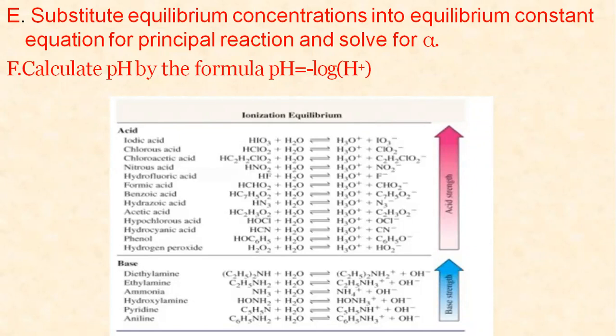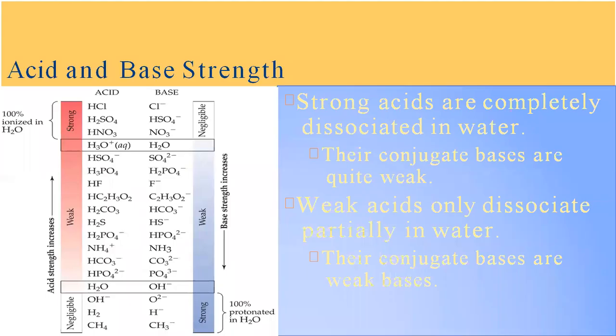So how can you find it out? If you know the pH, then you will be able to find out the strength of the weak acid or base. Right. Now, if we talk about the strength of acids and bases, how can you find it out? Strong acids are completely dissociated in water, means complete ionization will take place if a strong acid is there. But if we talk about the weak acid, the vice versa process happens. The weak acid weakly dissociates or ionizes, and that is why they are known as weak acids and bases.